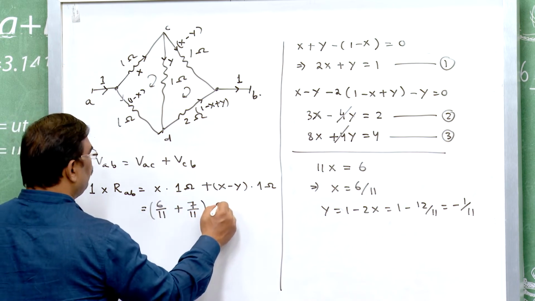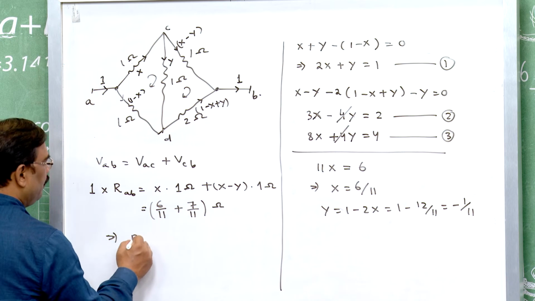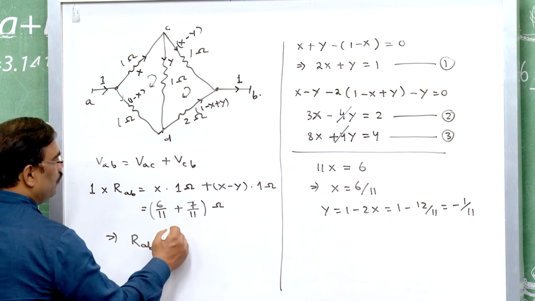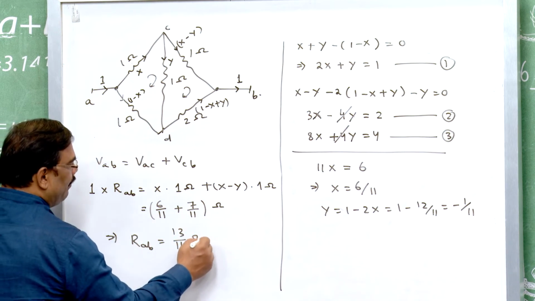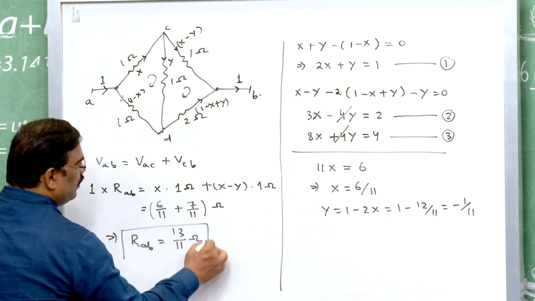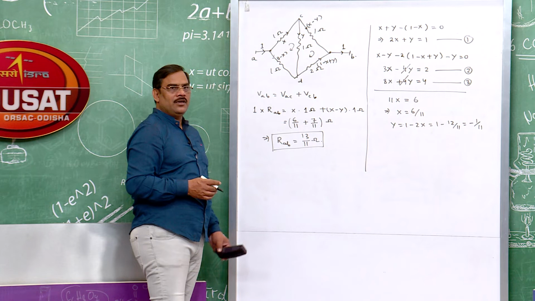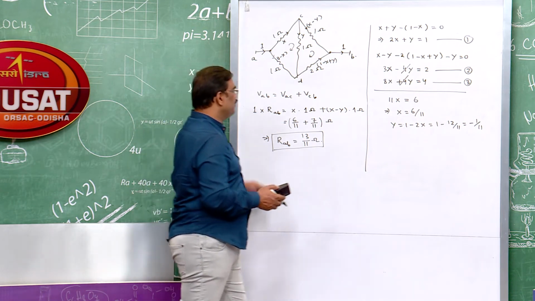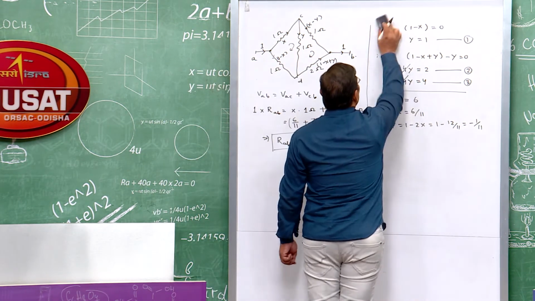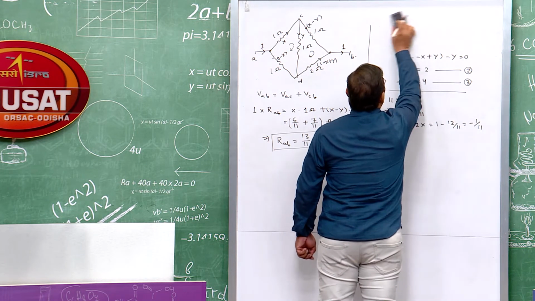ohm. So, this will give me R AB equal to 13 by 11 ohm. So, this is the effective resistance between the points A B. Now, let us calculate the same effective resistance while going through